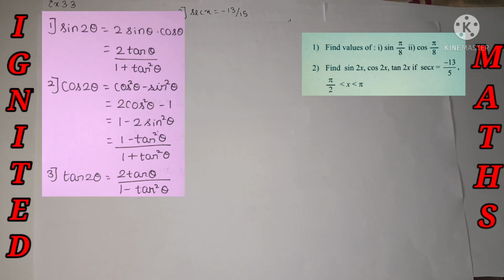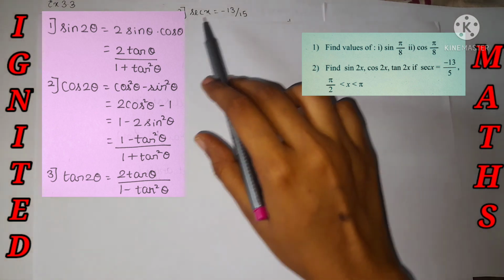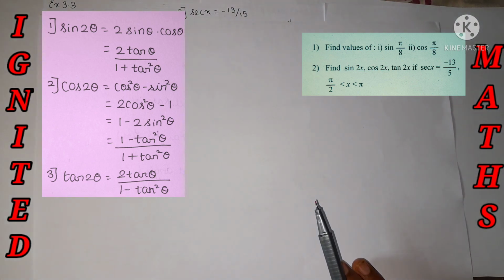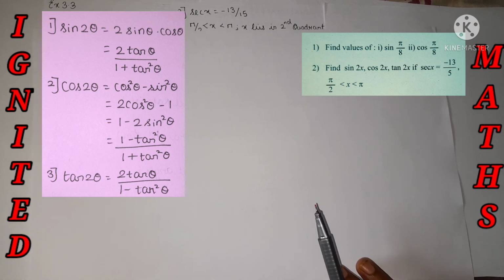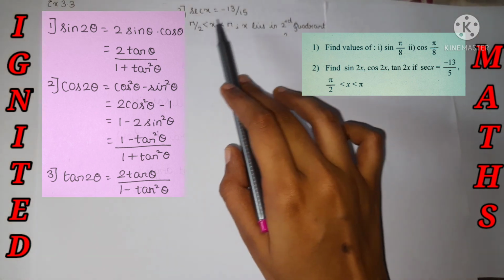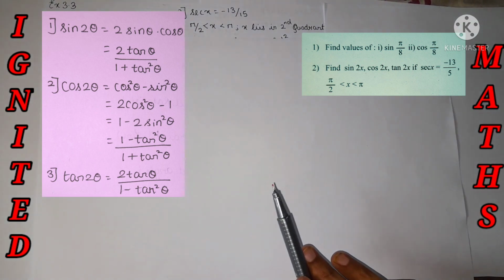So according to the double angle, okay, the formula is displayed. We need to find the value of it. Okay, so according to the formula and according to the given input, we need to find the other trigonometric functions. So sec x is equal to minus 13 by 5, yes, from the question given, and x lies in the second quadrant because it lies between pi by 2 and pi. Okay, that's the one hint.